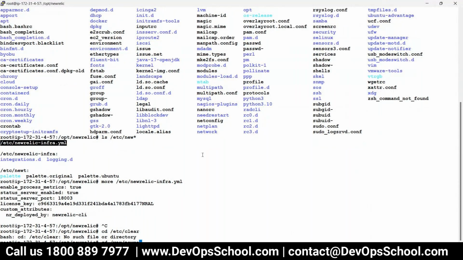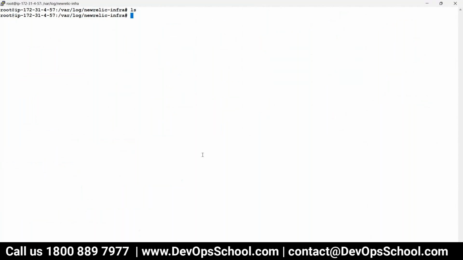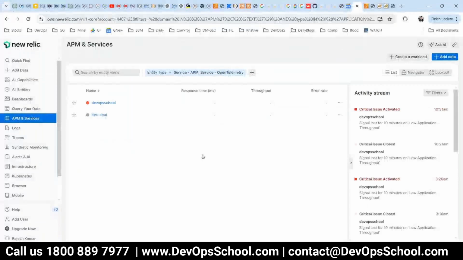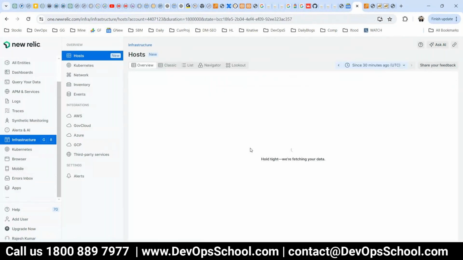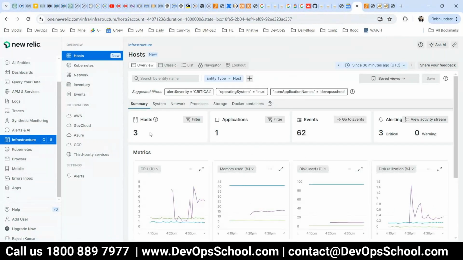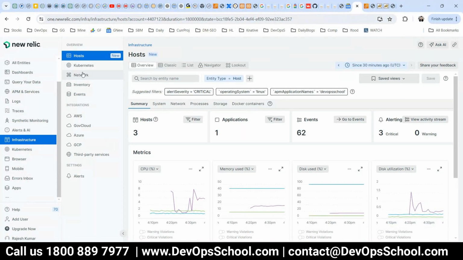Var log, New Relic, and here there is no log also, so there is no error as such. So why is it not coming? I'm just doubting. Let me see that first the infrastructure has come on. If infrastructure has come, then I don't find a region for. So if I go for host, click on the host,